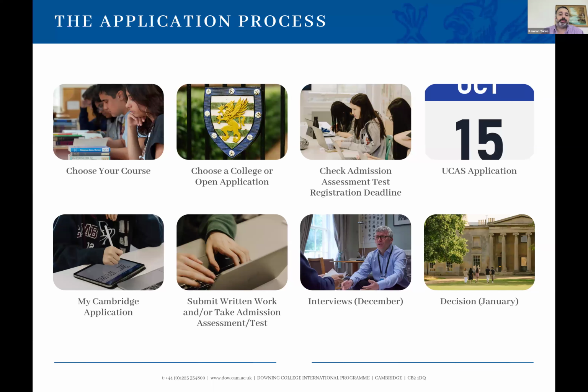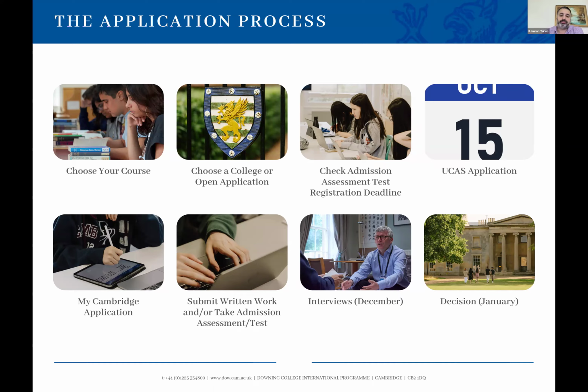First of all, thinking about the course you want to apply to. There's over 30 different courses on offer. They cover over 65 different subject areas. So there's a lot of choice there. And my advice is, if you're thinking about applying to a university, go away and do your research. Really look up what the courses have to offer.